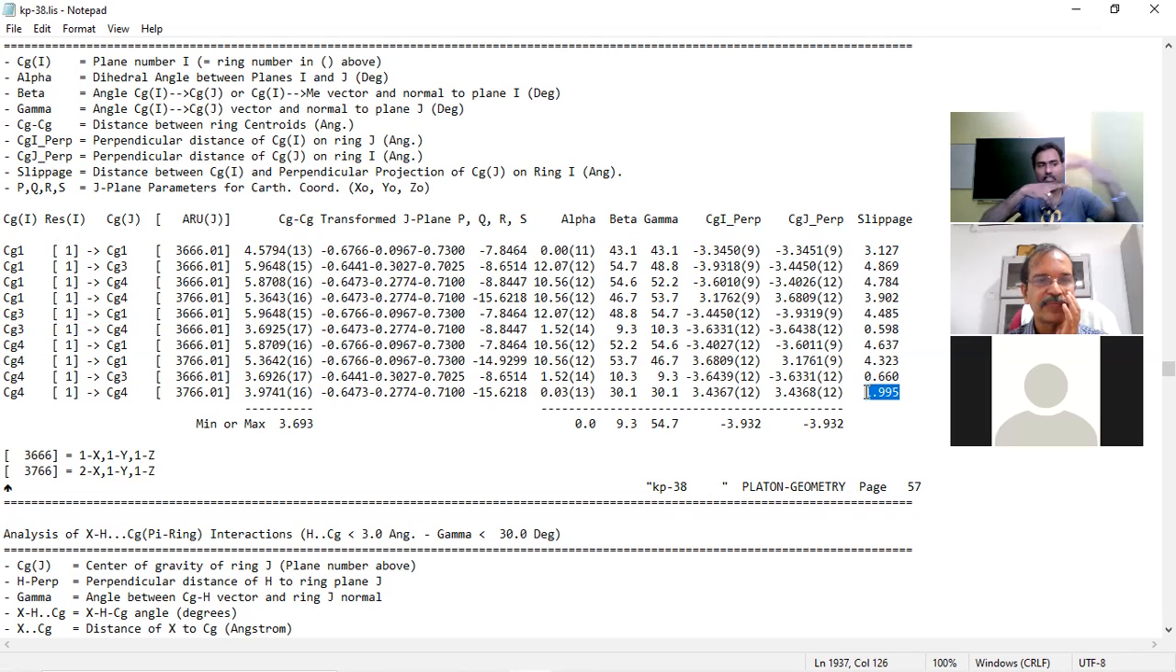Then if it is slipped somewhere here, and you connect the CG and the normal to the ring J, then it will give some angle. So the distance will be high. If the slippage is higher, then the interaction will be weak. So in those cases, we will not consider those as a significant interaction. That we have to analyze. Then first we can eliminate those things all above